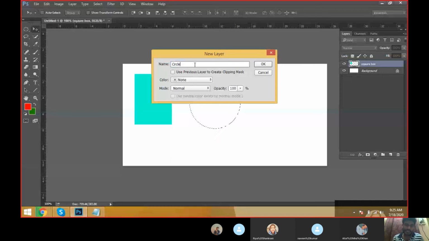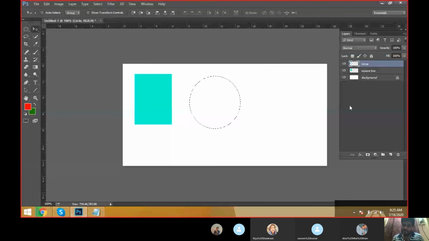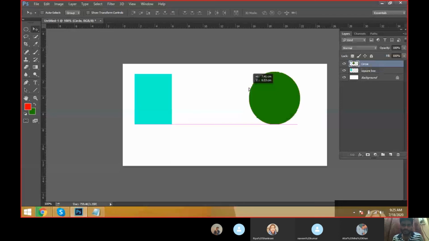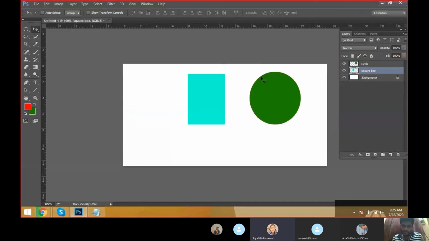The name is not mandatory, just fill it in. Okay, then we can see the layer. It is a transparency layer. It is a circle, just fill the circle. Now take the move tool and we can move it easily. Sir, my mouse pointer is in the circle area and I'm moving, but the circle is not moving.